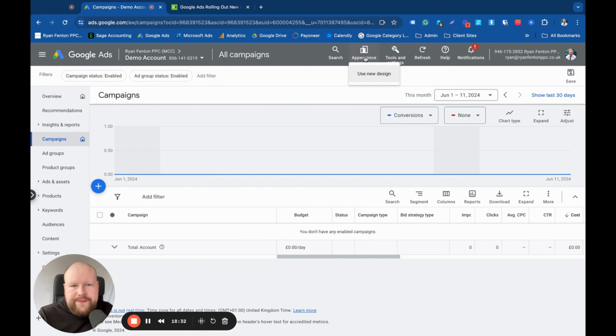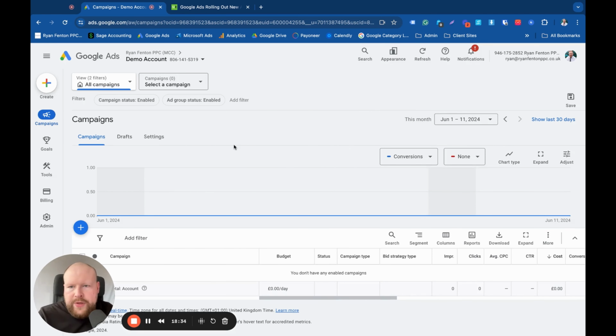But what I've actually found is that in the new one, I don't think we have that ability to change the view. I can't see it. I couldn't see it the other day. I might be wrong. It might be somewhere hidden in the settings. But I've actually started to use these a lot more,